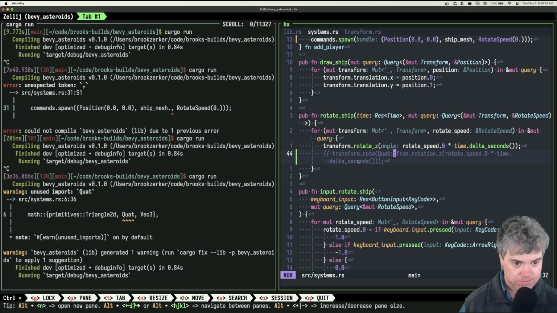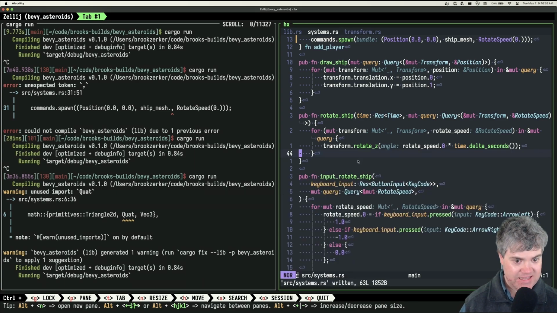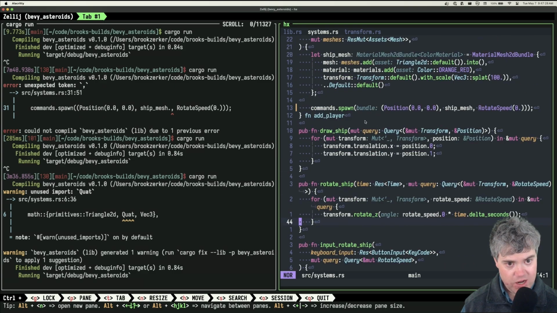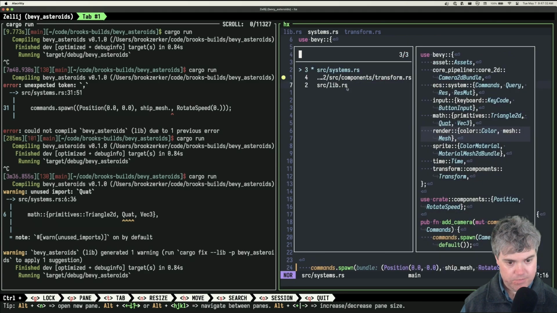Okay, so I think let's just say that rotation is appropriate. What would the next thing that I want to do be? Do I want to fire or do I want to move? Maybe moving would be it. I think moving is going to be the most complex part, because then we have the rotation and when I give it some angle that we're going with. Because I have the rotate speed. What I don't have is the rotation that we're on.